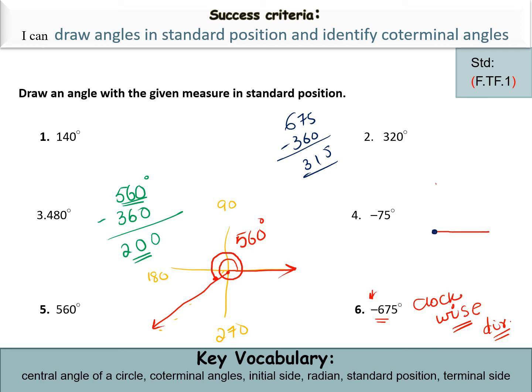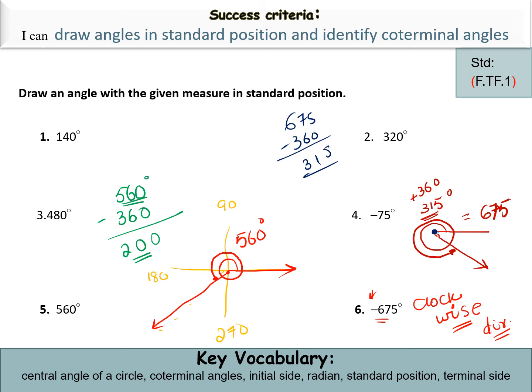So first the initial arm stays at the same side. Now in the fourth quadrant, 315 is somewhere here. But you are coming back after taking one revolution. So show one revolution and then come back to 315 degrees. Write it on the outer side. But did I make it correct? No. Why? Because I had to move in the clockwise direction. Now it means I made 315 plus 360. This is what I made: I made plus 675 degrees.